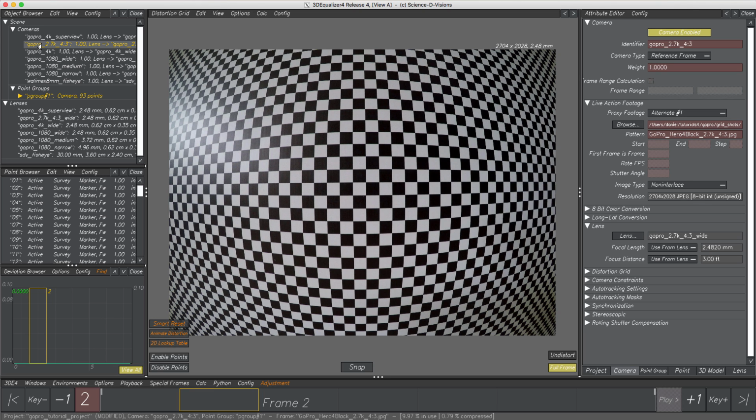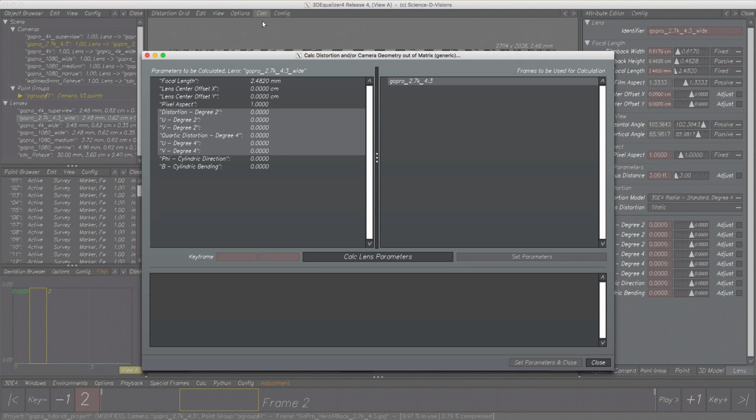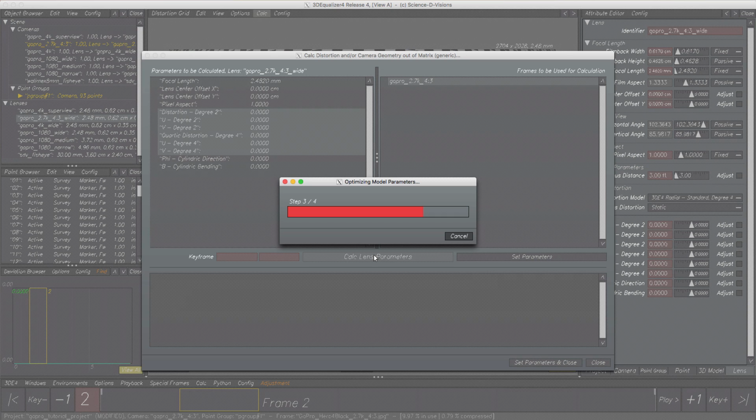At least we can assume distortion model Fisheye also won't work here, since there isn't a true fisheye lens built into the camera. But maybe radial degree 4 fits better this time. So leave the model untouched and open calc distortion. As mentioned, this shot seems to use the entire sensor surface, so lens center offset might have no impact this time. Calc lens parameters,